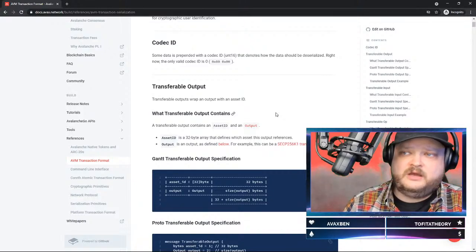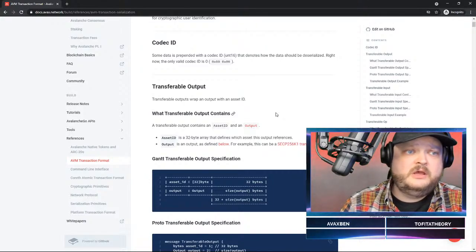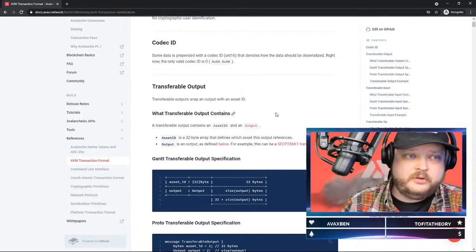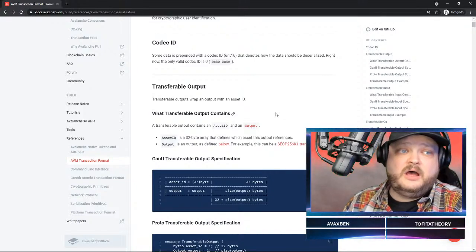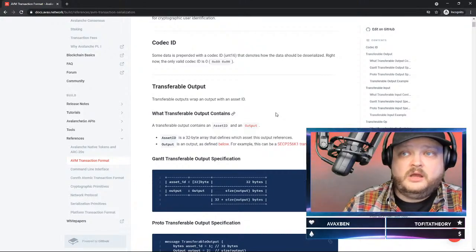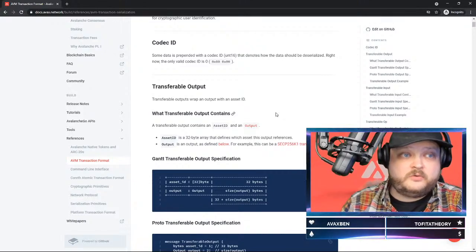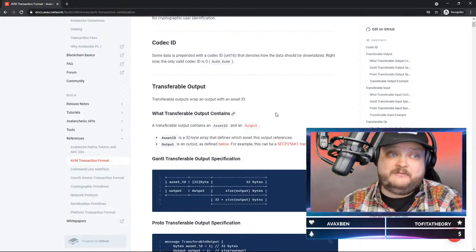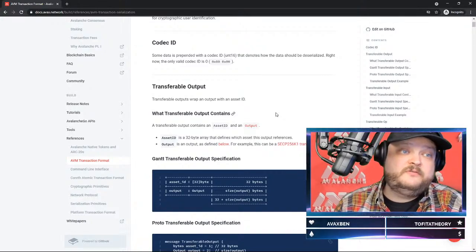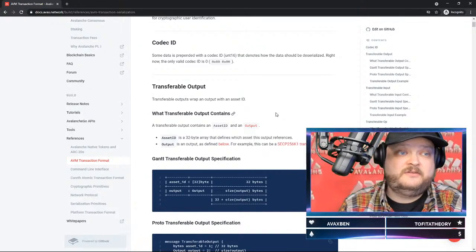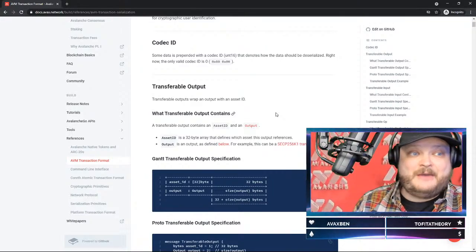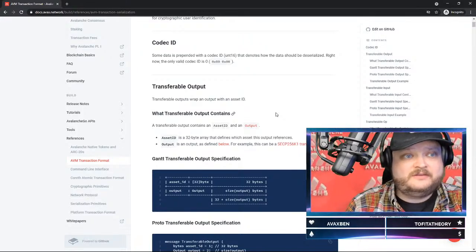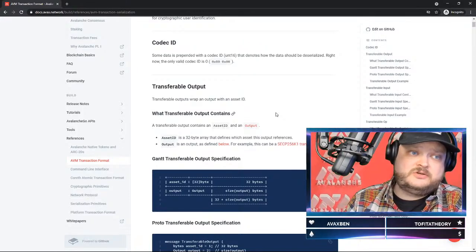I think the reasoning is because, first off, it's harder to maintain multiple VMs. Second off, it's straightforward to deprecate NFTs and move them somewhere else if necessary. Whether or not the community wants them is going to be the question. And also, there's a probability, now that I think about it afterwards, that NFTs could be a primitive format for exchange. If you want to exchange an NFT between subnets, it's much better to have that primitive available on the X chain as an asset ID, so you could do that exchange and that transfer.